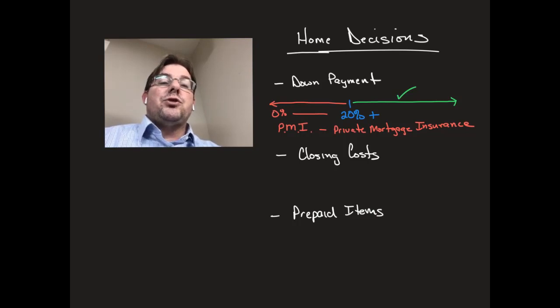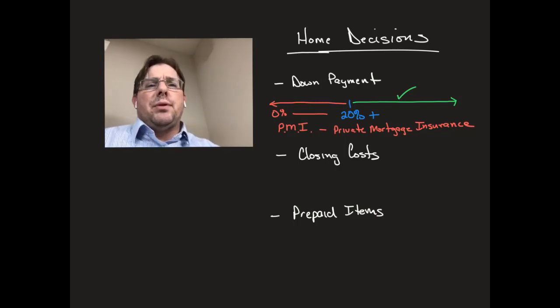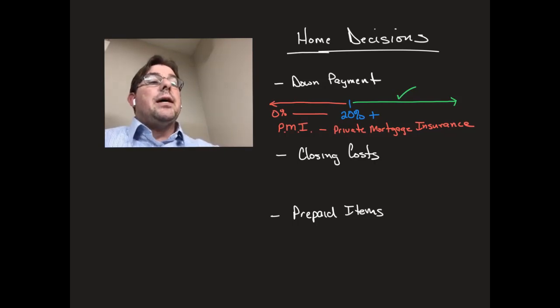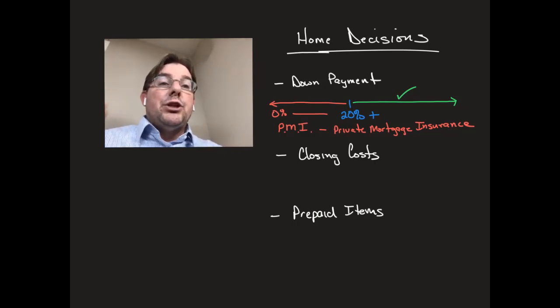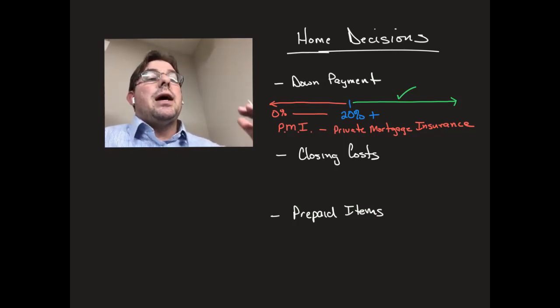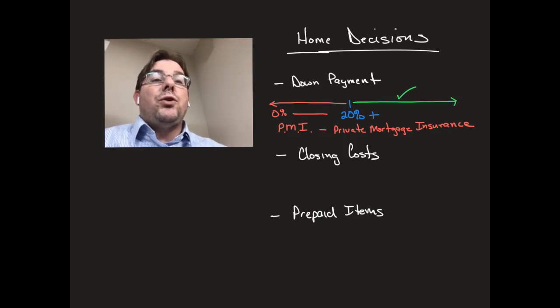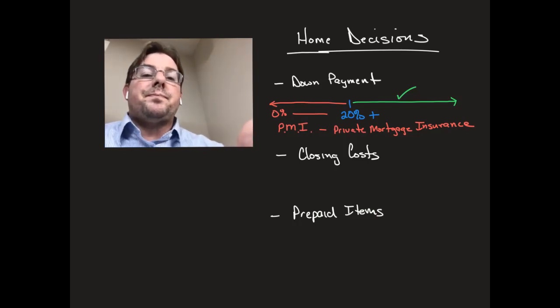Your private mortgage insurance will stay on your loan if you are in an FHA loan, I believe. If you're in a conventional loan, I think it drops off. But again, I don't want to get into the details. I would have to freshen up on some of the aspects of PMI. But just know that PMI is an insurance product you have to pay for if you are putting down less than 20%. So I would encourage you, if you can at all, put down the required minimum of 20% of the value of the home that you're getting ready to purchase.